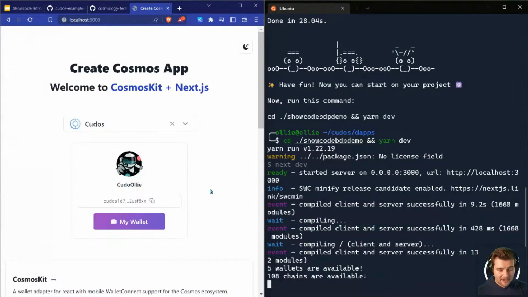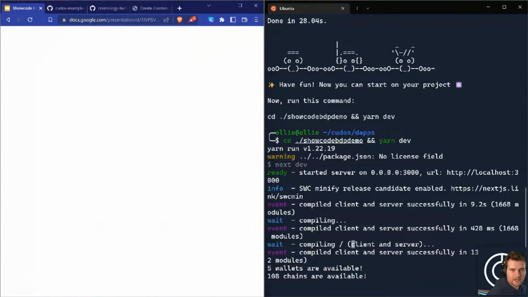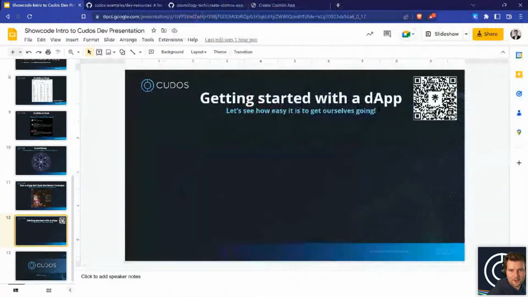And so that wallet can now start signing transactions on our behalf. That's how easy it is to get going with a pretty neat tool in the Cosmos world, and it gives you a good starting point in terms of a front end to work from. Basically, I'm just trying to show that even though blockchain is pretty new, a lot of the tools have come a long way in terms of getting us going very quickly and giving us a great experience developing in these ecosystems. But yeah, that brings us to the end of the primary demo itself.